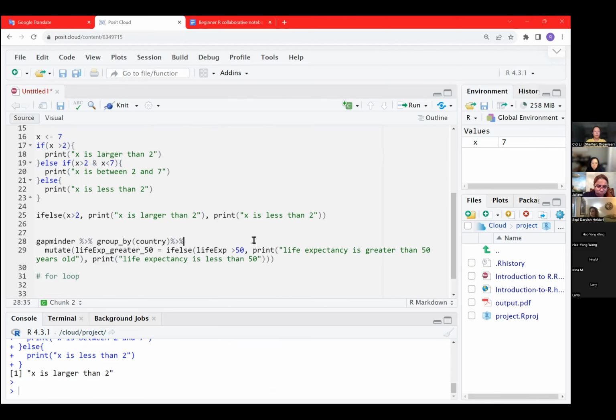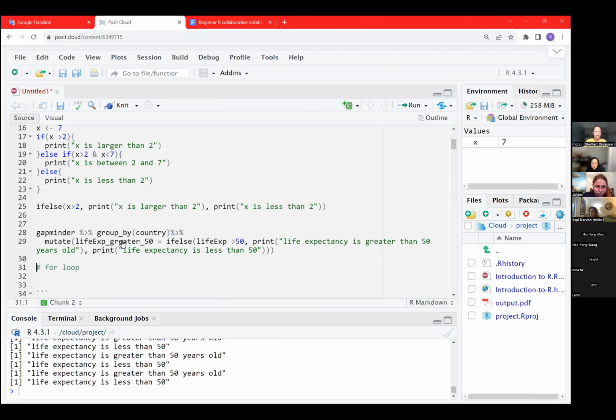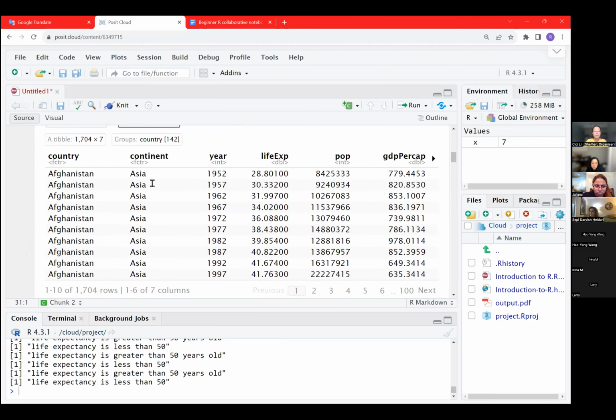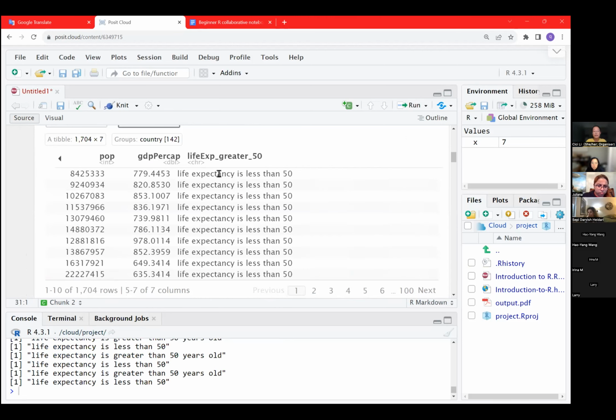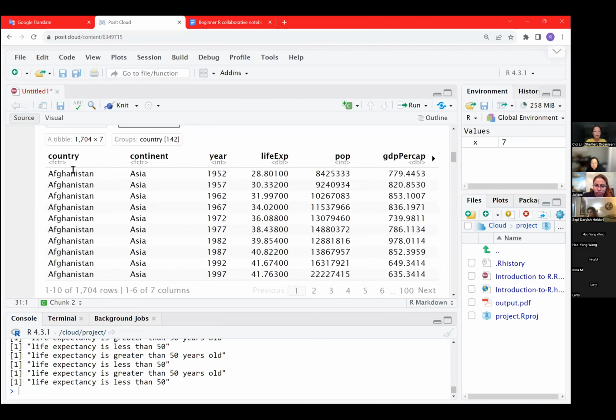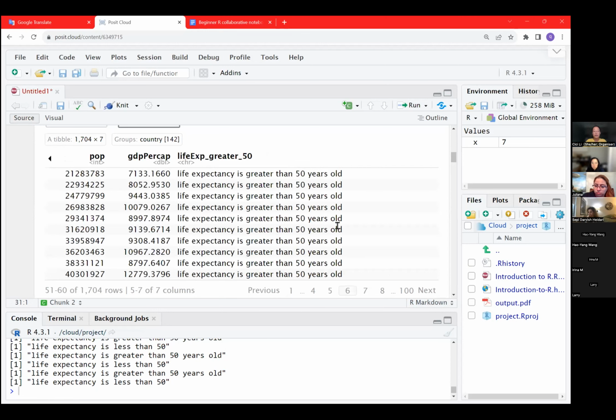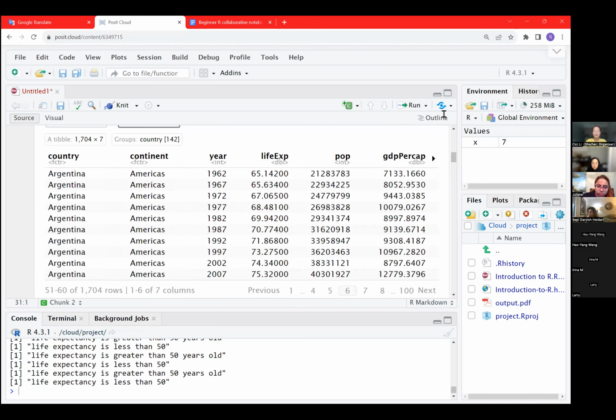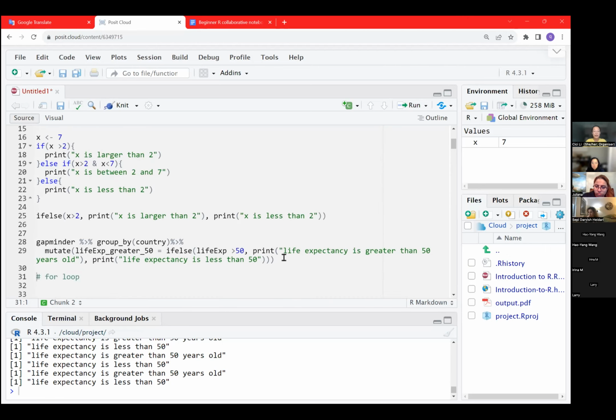And then we can try to operate this, and we can see that this is the original data set, and we can see the newly added variable. It says life expectancy for this country at this year is less than 50 years old, and then this country at this year is greater than 50 years old. In this case, it would be much more efficient to use this kind of if-else